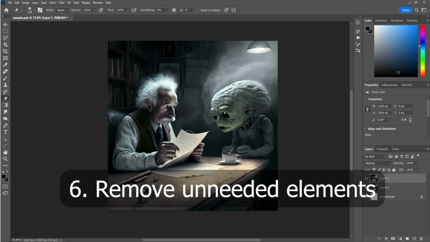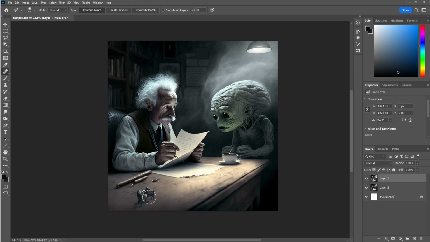Now for this tip, I want to emphasize my concept with the image and remove clutter. For instance, I don't know what this thing on the table is, but it distracts from the main joke of the image, which should be Albert Einstein in his office, and I don't know what this is. It looks almost like a miniature toy soldier or something. So I just select the